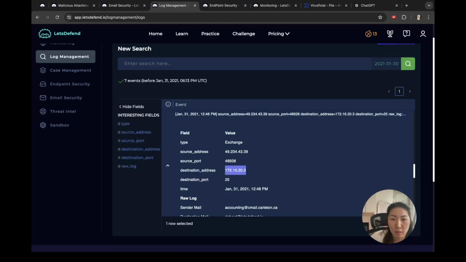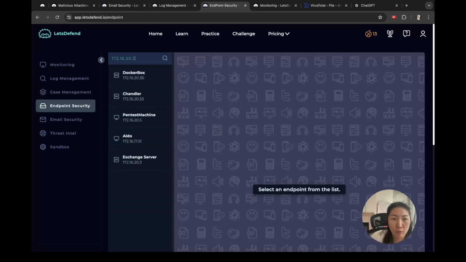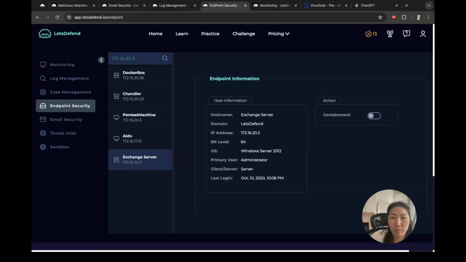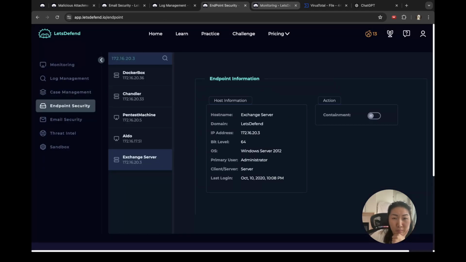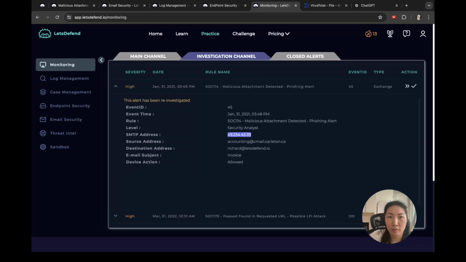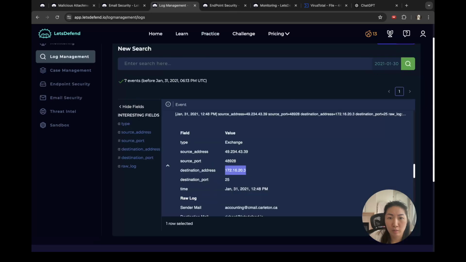Oh, I'm missing a thing. Oh no, it's right. 30.3, 30.3. This one? 30.3. Oh, maybe they wrote the instruction wrong. Maybe it wasn't log management, but it was endpoint. Okay, let's just double check everything here. 172, 16, 20, 30. It's not that. 16, 20, 30. So this